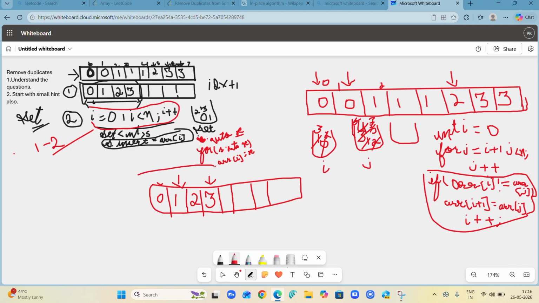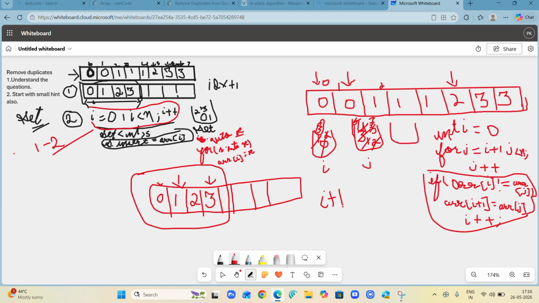So for returning the size, what you are going to do, you will realize that 0, 1, 2, 3, in the I third position, means this is the size of the array which I am getting. But as it is starting from 0, I am going to return I plus 1, because I am increasing I every time, right? For the next element I am storing. So every time I am going to increase I. Here it has become third. You could see, right? So every time I am increasing I continuously, but I am going to return I plus 1 for getting the size, because it is starting from 0.